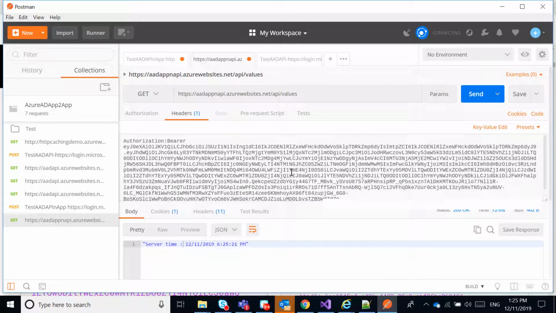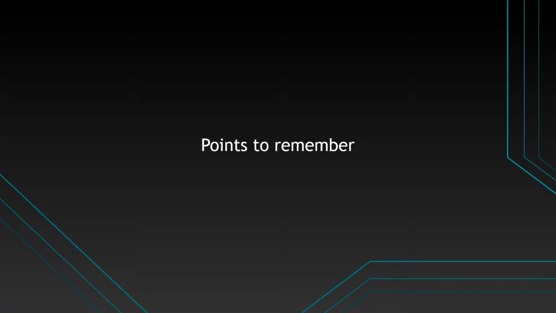That being said, we now have an Azure app service which is protected using Azure AAD. Consumers can access it through a browser as well as from any application, any desktop application or any daemon service. Let us summarize the main points. There are many settings and options we have seen during the course of this tutorial. Almost everything is important. If something goes wrong, it will not work. Here we are summarizing some important points.